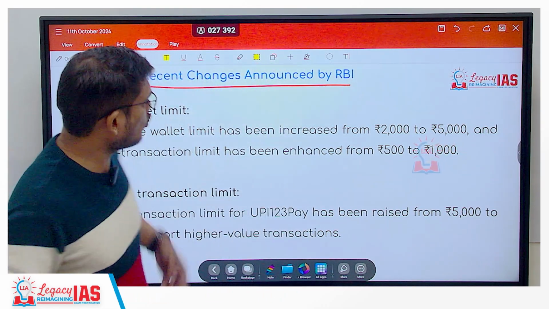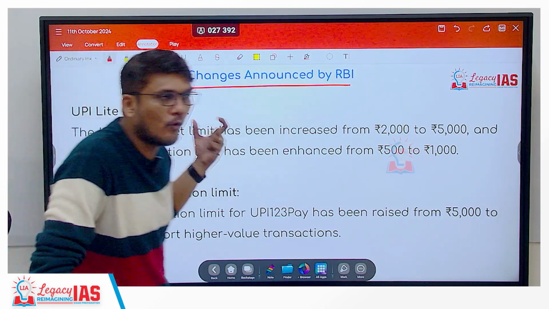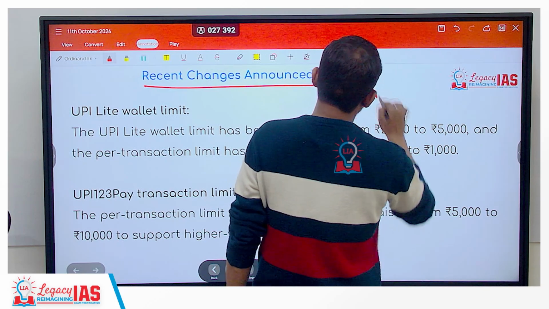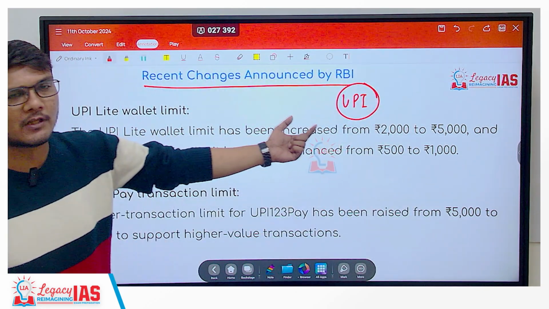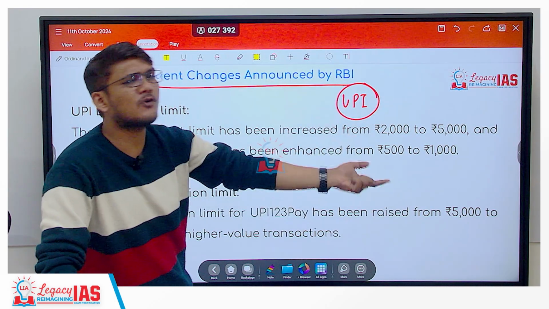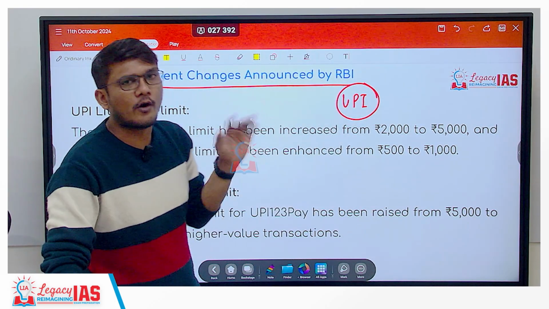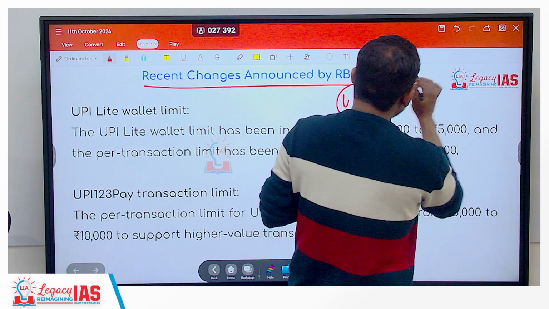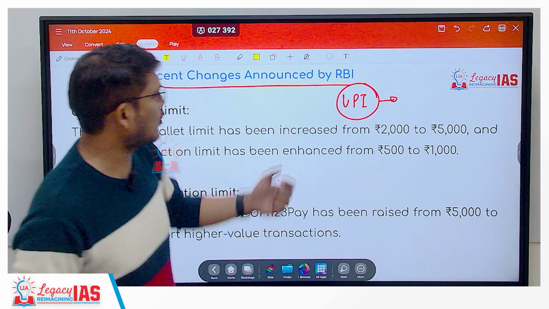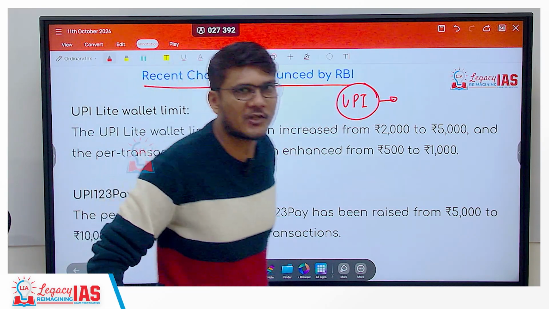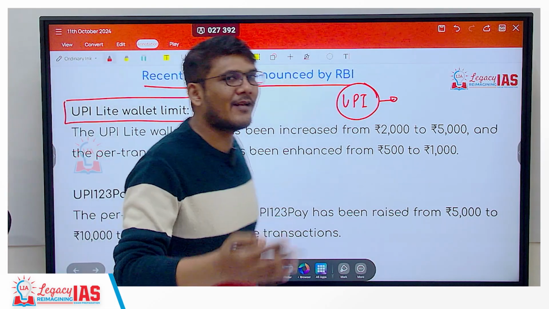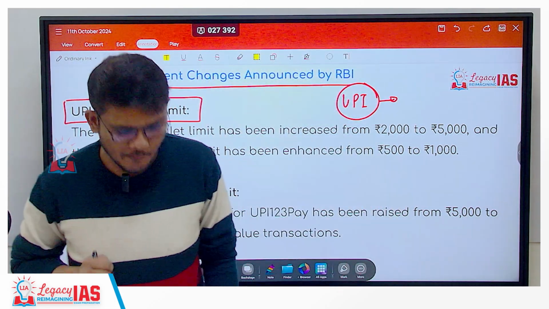But here in UPI Lite, you have the Unified Payments Interface. This UPI ID is there through which you can transfer the payment without even knowing the bank account of the person. If you just know the UPI ID, you can transfer the payment, request for the payment, receive the payment, and so on and so forth. Now, UPI has higher limits. So, for financial inclusion and to allow small transactions as well, UPI Lite was brought in, and on similar lines, UPI 123 has also been brought in.